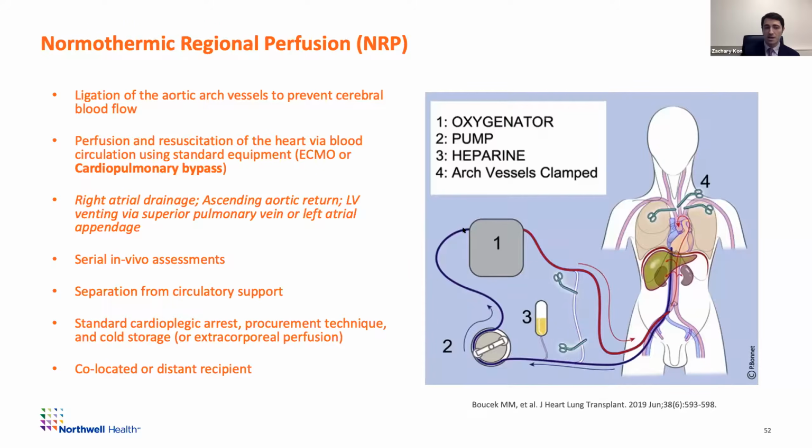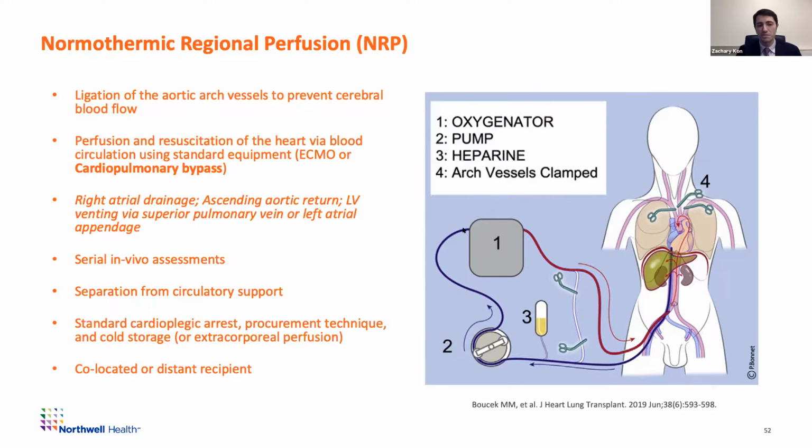And drawing off the blood after an NRP on bypass is really simple because you have a reservoir full of blood that doesn't add any additional time or consternation from the abdominal team. And these patients historically, in our experience, have always been co-located for several reasons. One, it was starting a new trial and making sure that we could do this well. We thought we could do it better at our institution than bringing this onto the road. But there's no fundamental reason that a distant recipient couldn't be serviced by this, because again, there's a real life assessment after the injury that then is really converted to a standard donation.